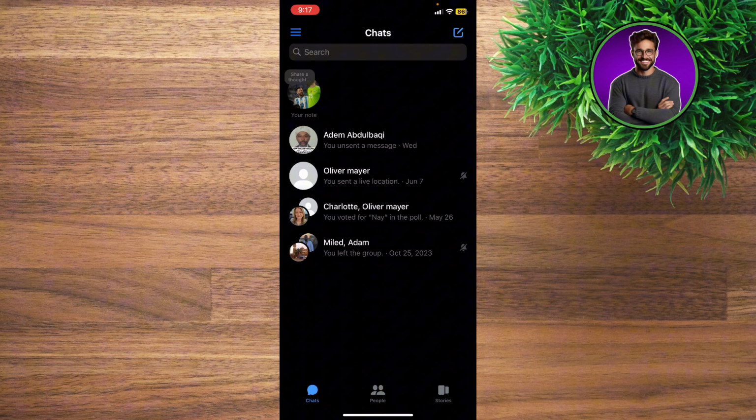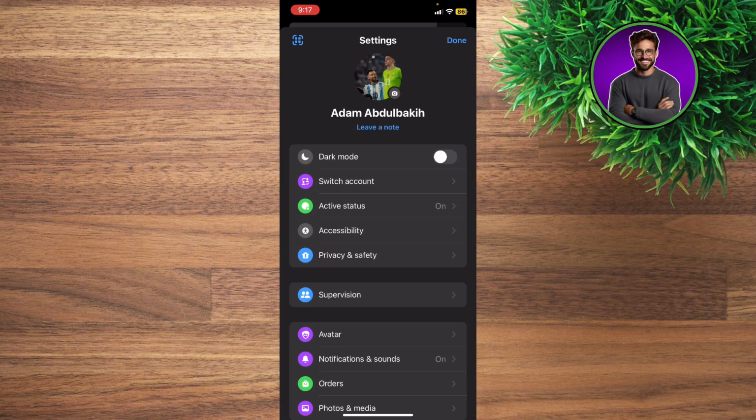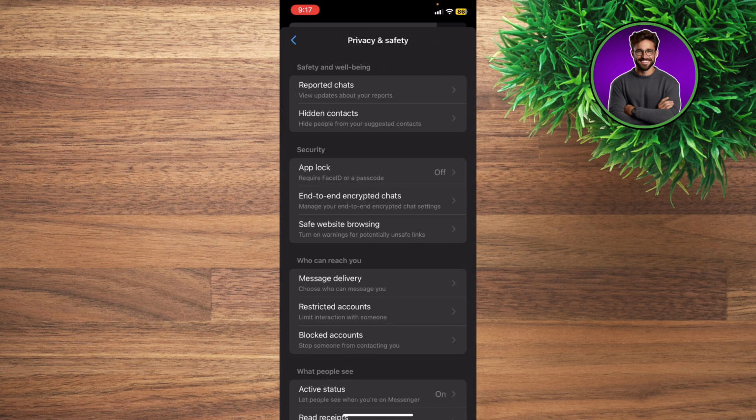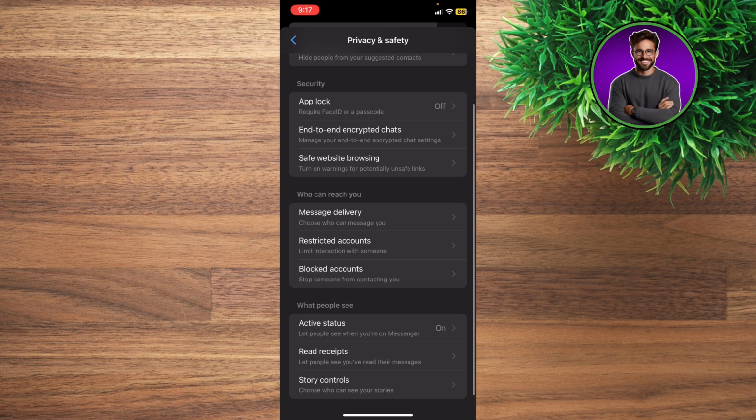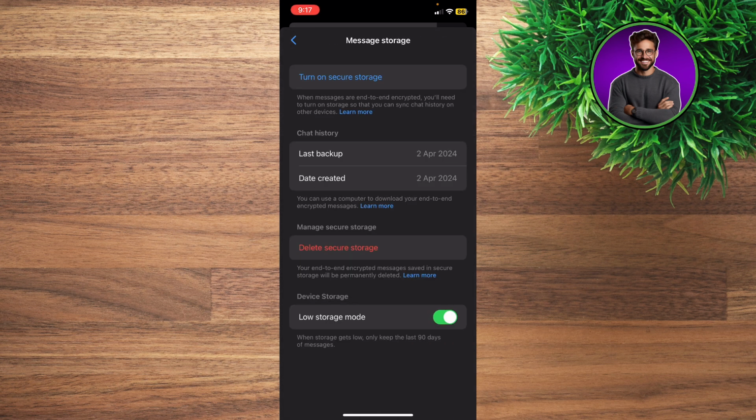right? So what you're going to do is enter Messenger from your other device, and you're going to click the three bars at the top left, and you're going to click the settings gear at the top right next to your name. And what you're going to do is go into Privacy and Safety, and basically you're going to see right here End-to-end encrypted chats, and you're going to be able to see Message storage. And what you're going to see after you turn on